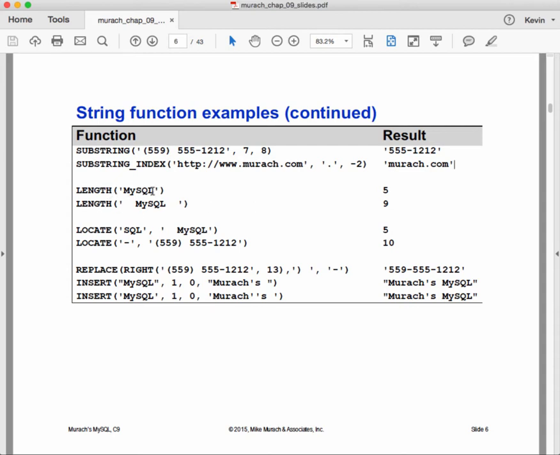Length of MySQL: 5. Length of MySQL with some padding, I guess 2 spaces on the front, 2 spaces on the back: 9. Oh, okay. Now you should know that